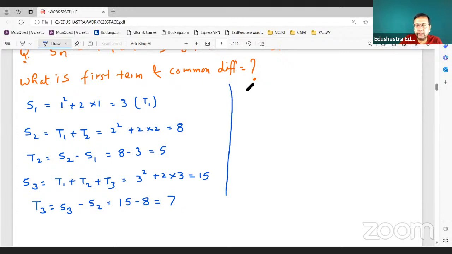So your T1 is coming out to be what? 3. T2 is coming out to be what? 5. T3 is coming out to be 7. So first term is 3. And the common difference D is coming out to be,